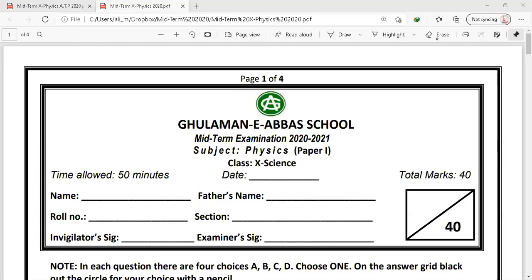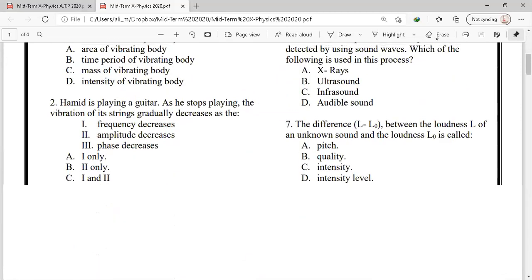आज इस वीडियो लेक्चर में हम मिड टर्म एग्जामिनेशन का पेपर, फिज़िक्स क्लास 10 का पेपर सॉल्व करेंगे। तो सबसे पहले चलते हैं क्वेश्चन नंबर 1 की तरफ।